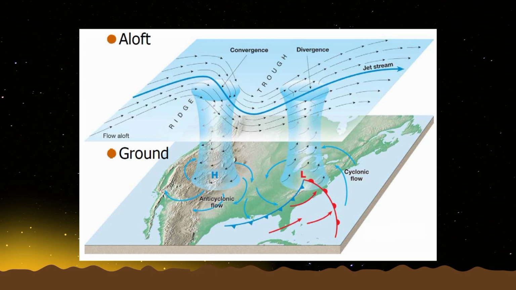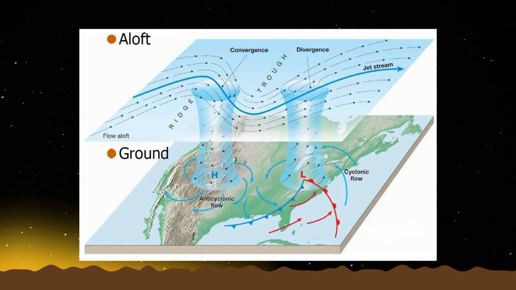Next, we have the convergence, or the upper level convergence. Upper level convergence is the coming together of the air. What happens here is the air piles up and sinks downward. So pababa ang movement sa air or ang flow sa air. As it sinks down, it leads to fair weather, clear skies, and strengthening of surface high pressure systems. So convergence of air occurs in high pressure systems, areas, or regions.